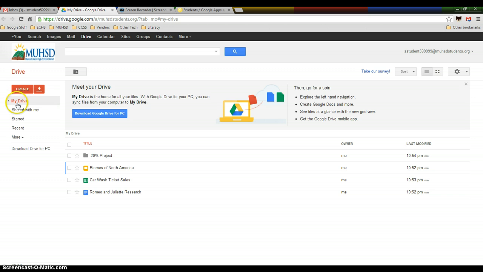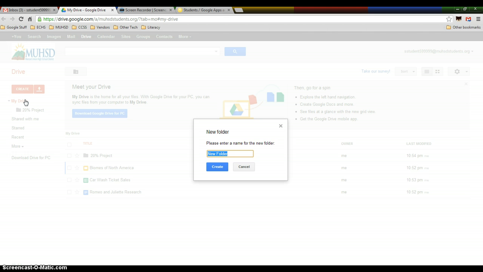And when I go up to my drive here, there's a little black arrow, and if I click on that, it shows me all the folders nested under my drive, and right now the only folder I have is for my 20% project. So what I want to do is create a folder for each of my classes. So inside Drive, I'm going to click on Create Folder,